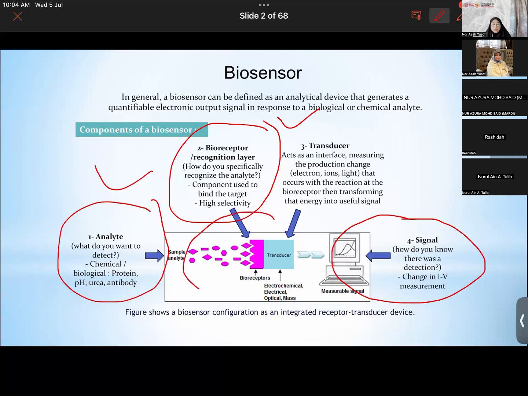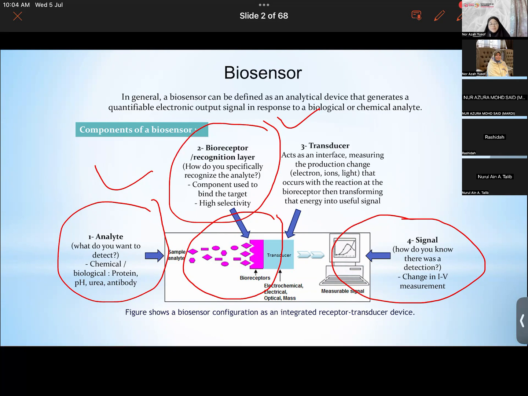So the interaction that happens between the analytes and the bioreceptor is the one that we have to study before the construction of lateral flow. If the interaction is optimized and confirmed, then we can do the construction of lateral flow. Without that, if we just straight away embed the bioreceptor on the lateral flow without confirming the interaction, then it will be a very long journey. So it has to be confirmed first and then optimized,